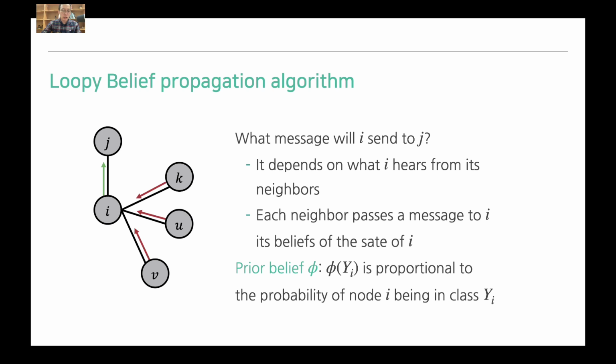Literally, we can understand loopy belief propagation as we propagate belief. Basically, we assume that there is a prior belief per node, and it relates back to the class label. So the belief is propagated